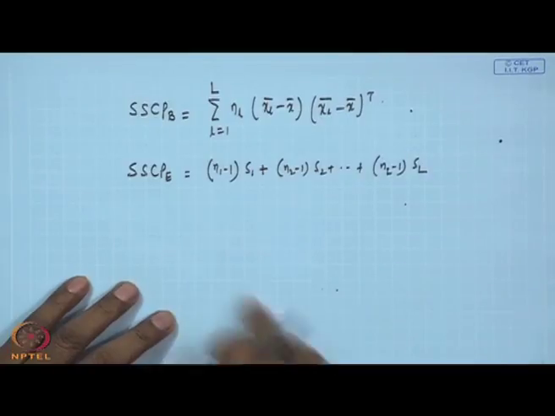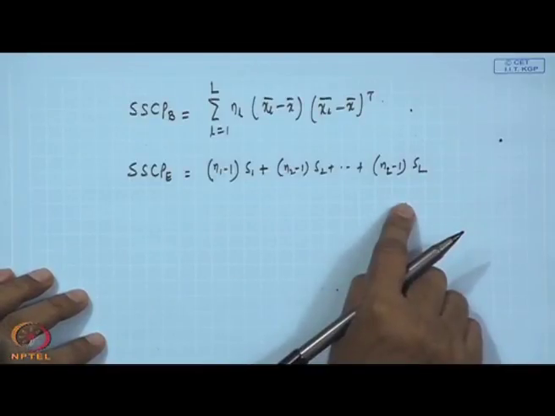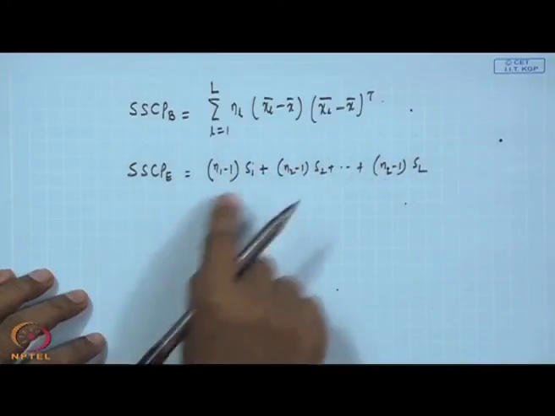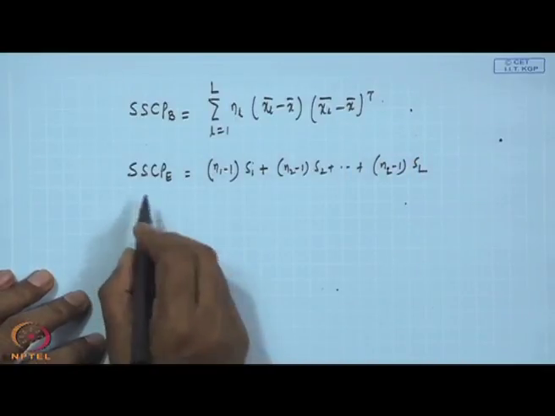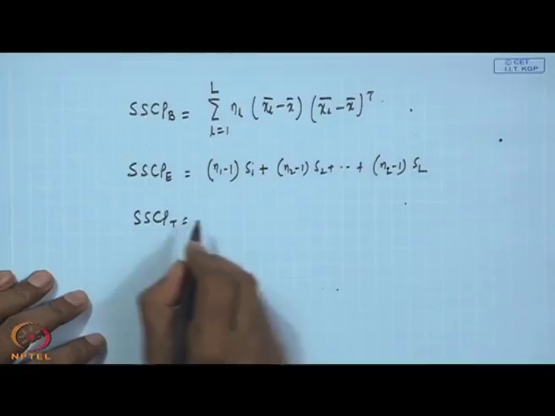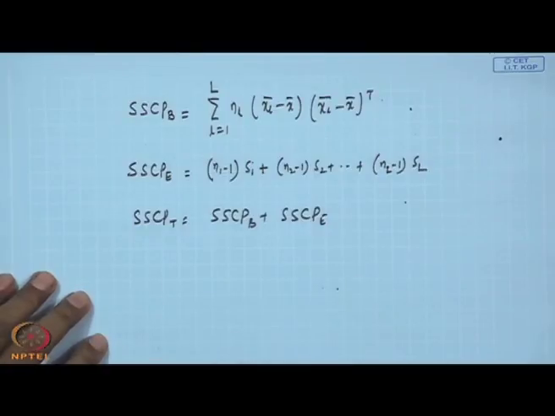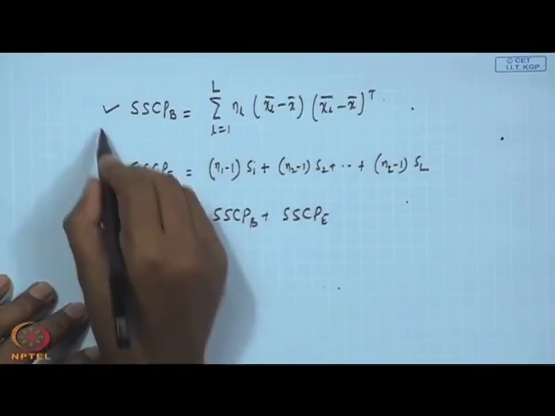Okay. You have seen in the pooled covariance case this was divided by the degrees of freedom, but this is not a covariance, it is basically an SSCP matrix. So, the degrees of freedom are not divided out. So, S1, S2, SL can all be computed very easily. So, SSCPE will be computed, SSCPB also will be computed using the formula, then you compute SSCPT, that is SSCPB plus SSCPE. These are the steps basically. First you compute this, then compute this.